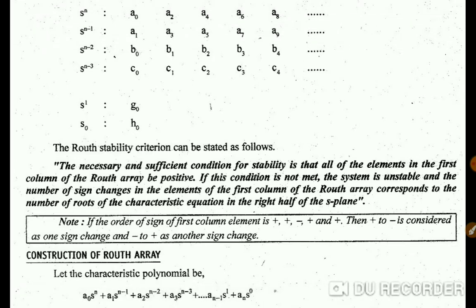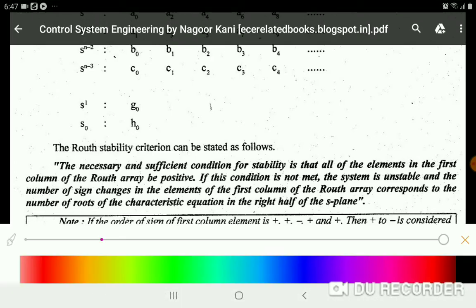And the number of sign changes of the elements of the first column of the Routh array. So there should be some sign changes. That sign changes corresponds to the number of roots of the characteristic equation in the right half of the S-plane. So what are all the sign changes? What are the points we need to keep in mind is,